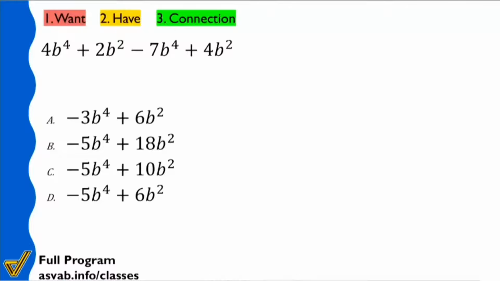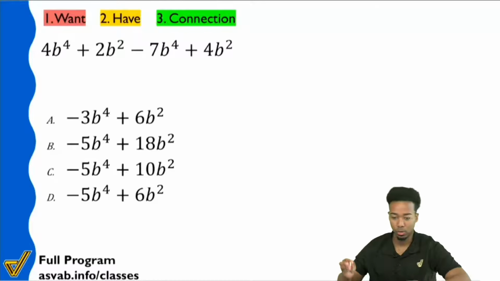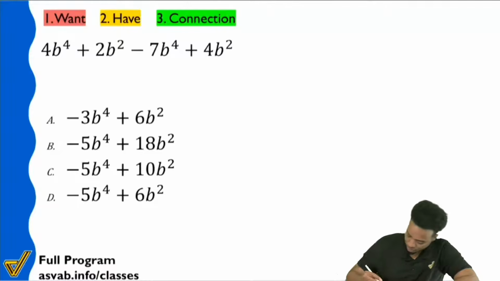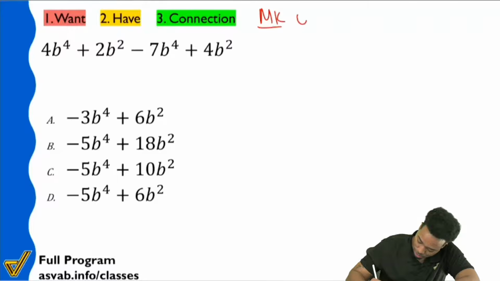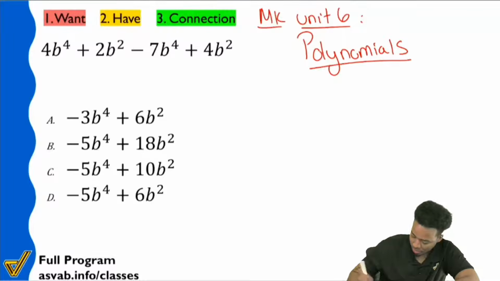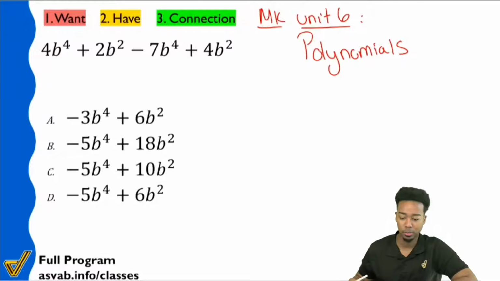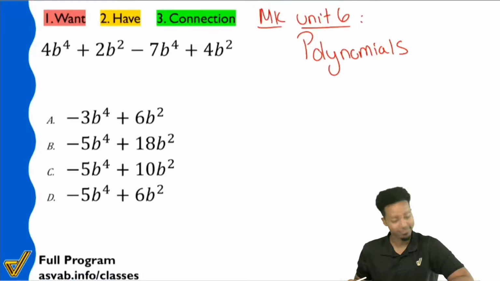This one's going to be pretty straightforward here, and I'm going to give you the unit for this one as well. If you're looking in the math knowledge course here, you are looking at unit 6. This is about polynomials and combining like terms. So unit 6, math knowledge, unit 6. This is about polynomials. So again, combining like terms, super important to know. You've got to make sure you know how to do that. So with that, here we go.